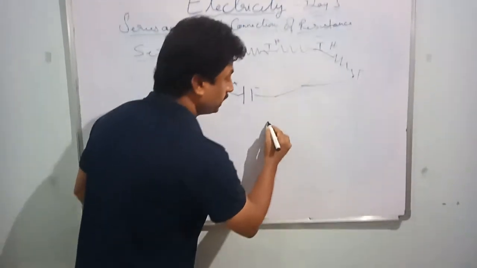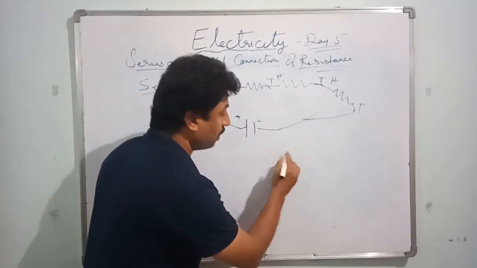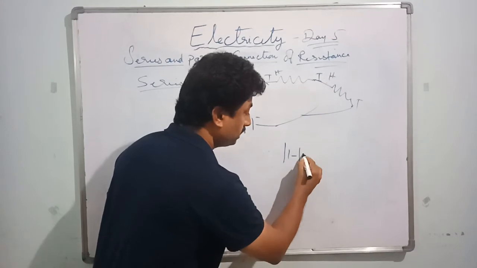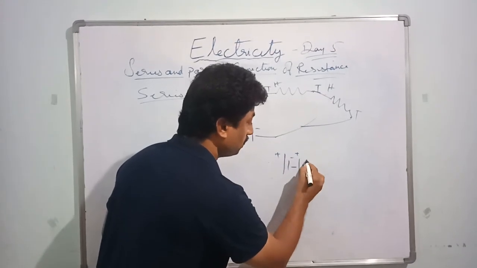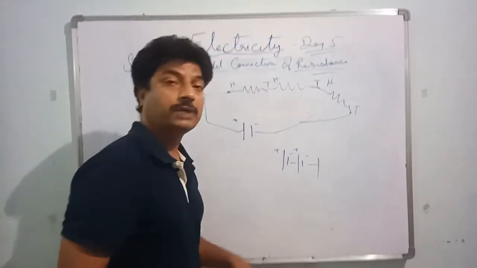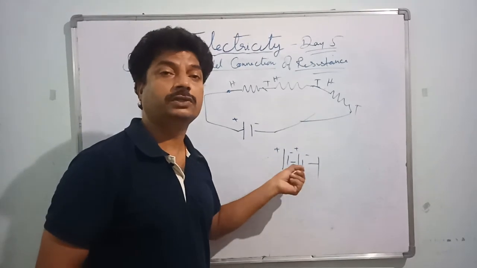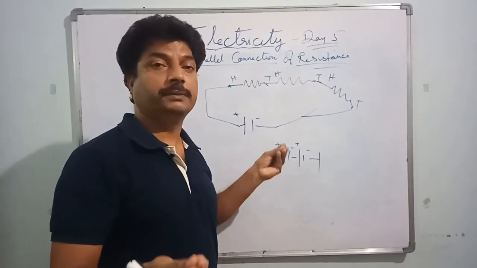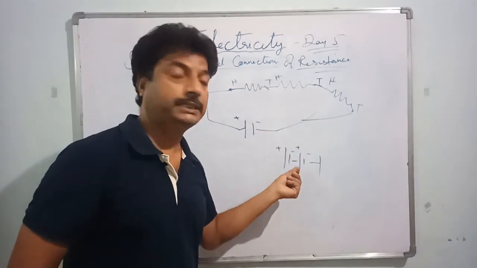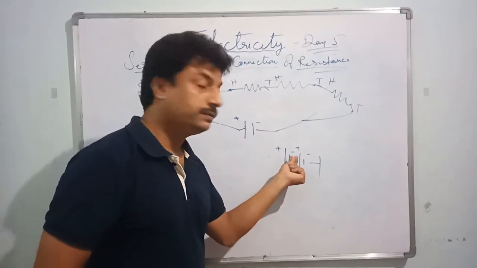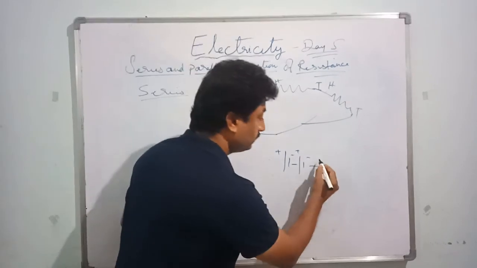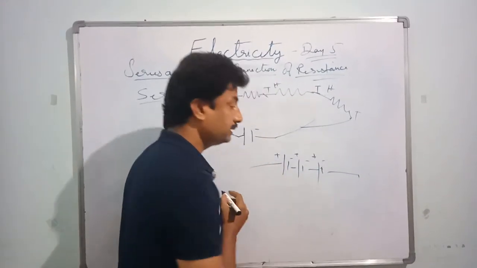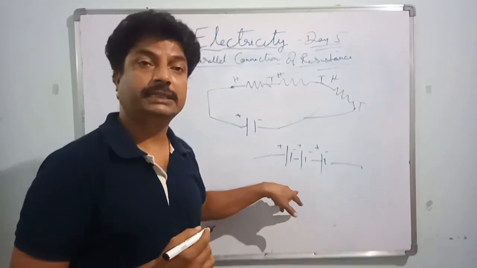In the same way, if you want to take the battery also, you can connect the cells. This is positive, negative; this is positive, negative. You might be seeing this in your remotes or any of the toys also: it will be connected negative to positive, one after another. This is also connected in series only.